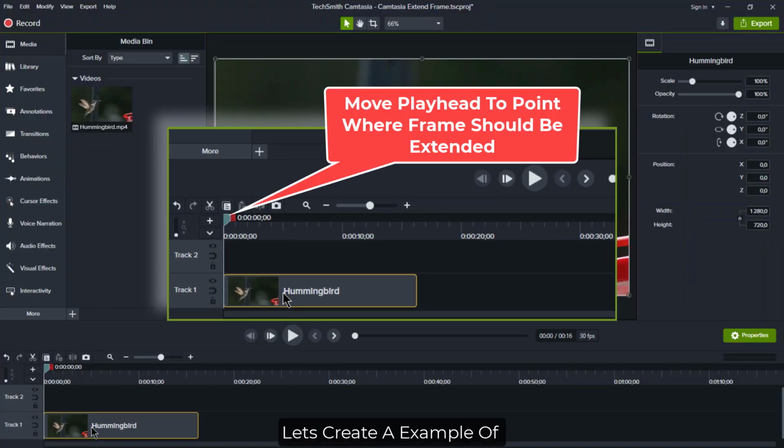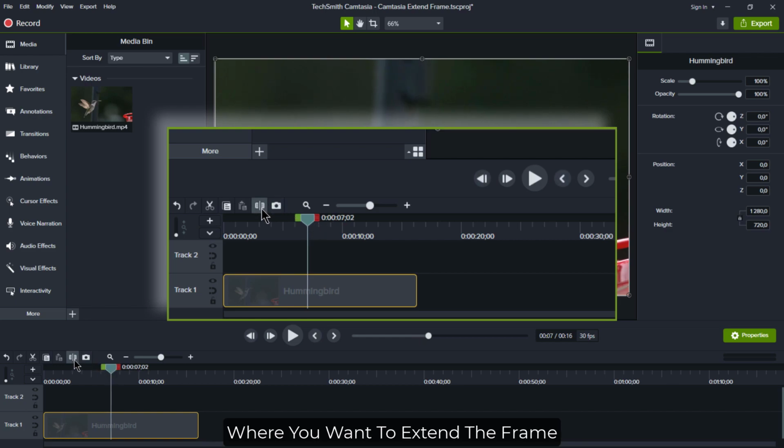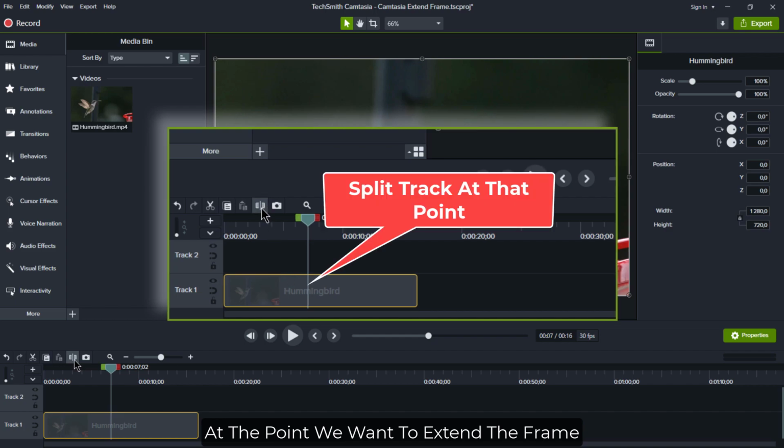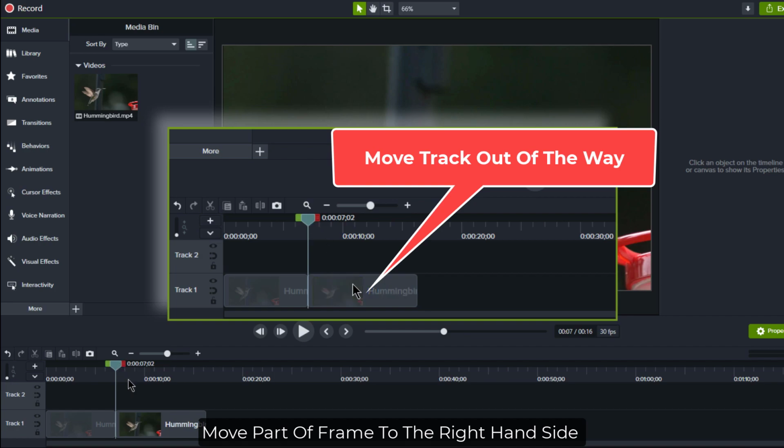Let's create an example of the Extend Frame function in Camtasia. First, navigate the timeline to the point where you want to extend the frame. In our example, we will split the video at the point we want to extend the frame. After we have split the video, move part of the frame to the right-hand side to give us room to work